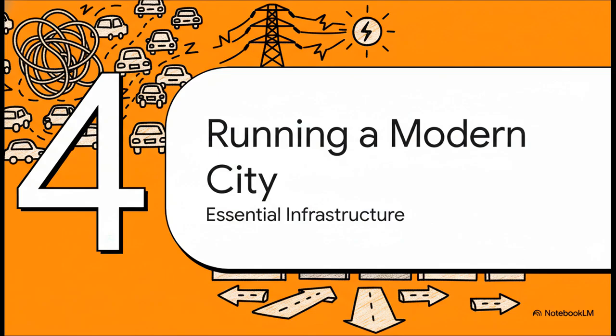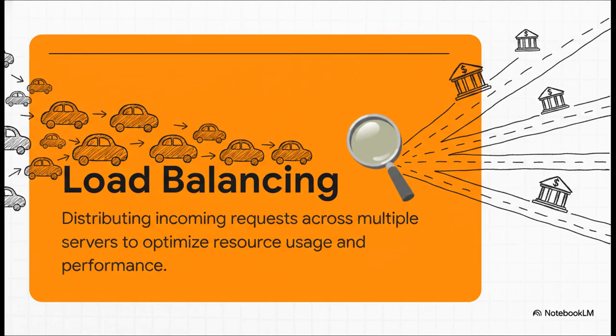Okay, so we've built our city. It's a massive success. But now we've got a whole new set of problems, right? We've got traffic jams, we've got power outages, and we've got to keep expanding. Running a modern digital city takes some seriously sophisticated infrastructure. First problem, traffic. A load balancer is basically your citywide traffic control system. When thousands of people are all trying to get to the bank at once, it doesn't just send them all down the same congested street. No, it intelligently spreads them out across different routes, maybe to different bank branches,